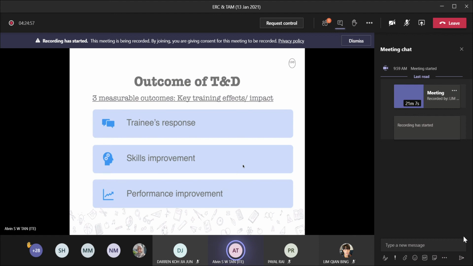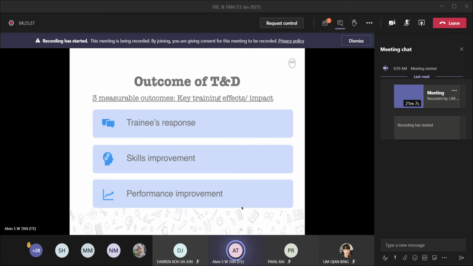The outcomes of training and development will be trainees' response, skills improvement, and performance improvement. These are the three outcomes. How the trainee feels about it, what the skills improvement is, and with the skills improvement, is there performance improvement? For example,